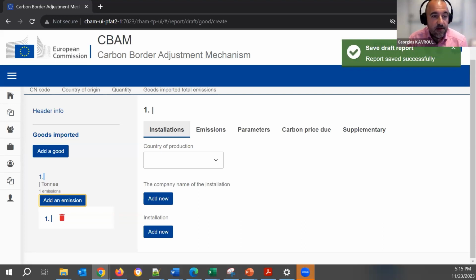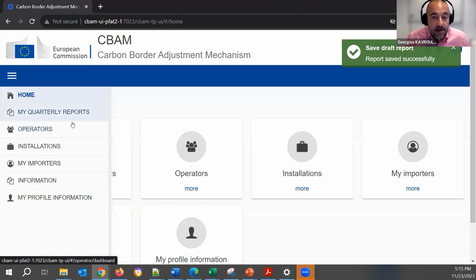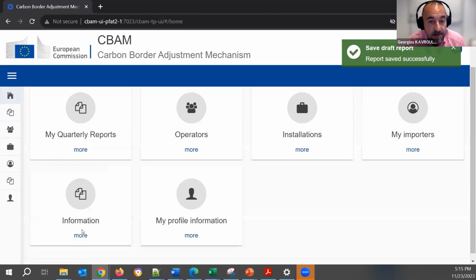will start. There were several questions about the test environment. This is the conformance environment. We gave you the link in the slides. This environment can be accessed by the economic operators, CBAM declarants, but the NCA must grant you the access permission to this environment. It's a separate environment with another access. It's not the same access as the production environment. So the NCA must grant access to its economic operator that will be acting as a CBAM declarant.